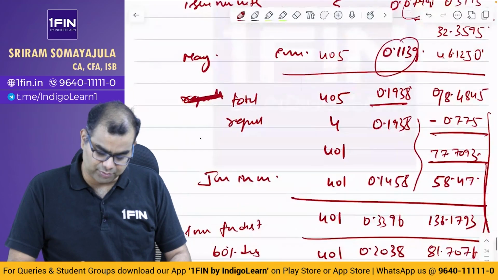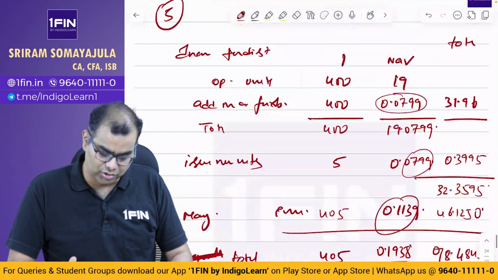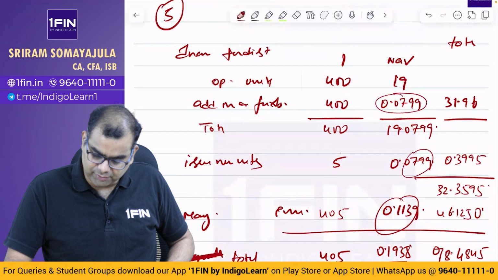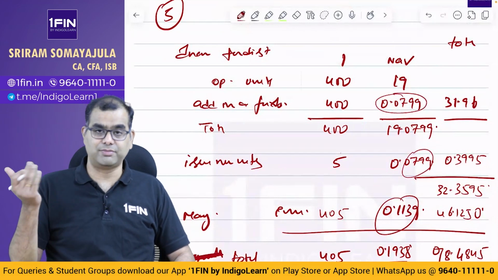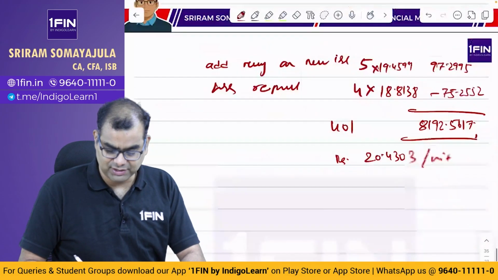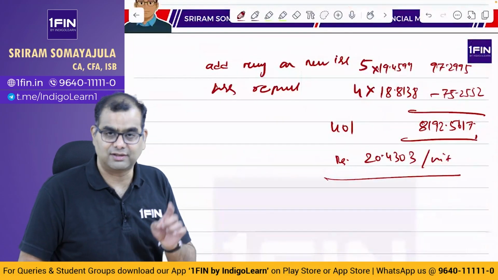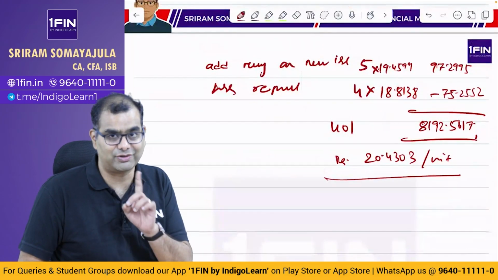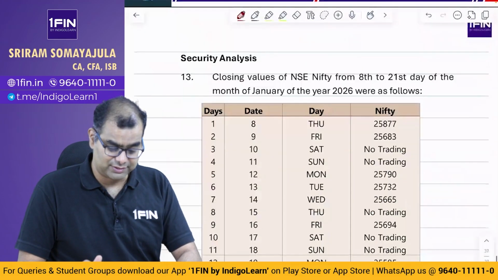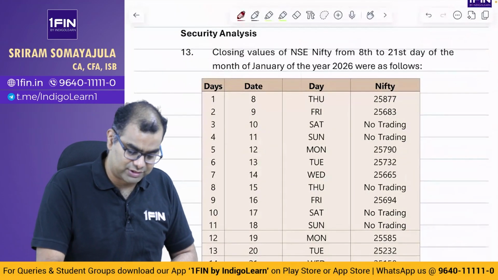And this 0.0799 is not a round off number. If you look at it, 31.96 divided by 400 is 0.0799, there is no fifth decimal there. So that is why I took it like that. I don't think they'll cut marks if you give a more accurate answer rather than rounding off, because they specifically said round off till 4 decimals only. Okay, nuisance question. I actually hate this question. Anyway, this is also another hateful question.